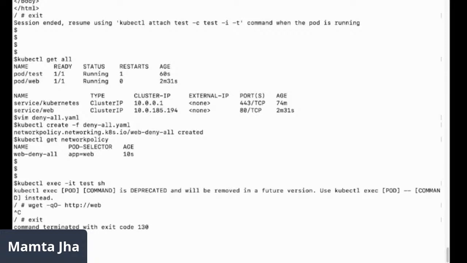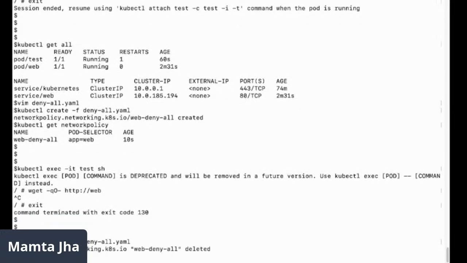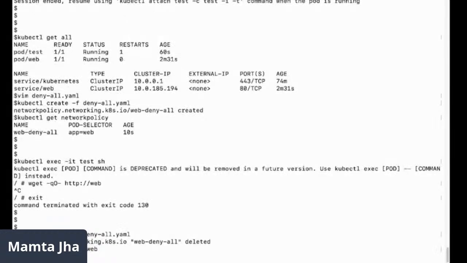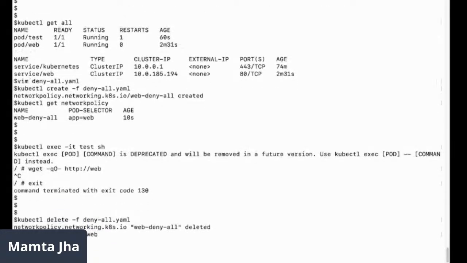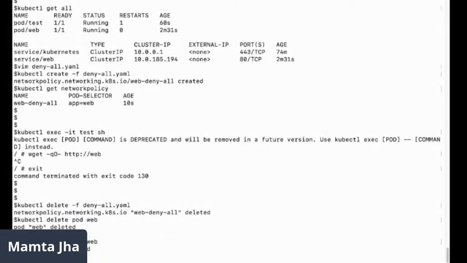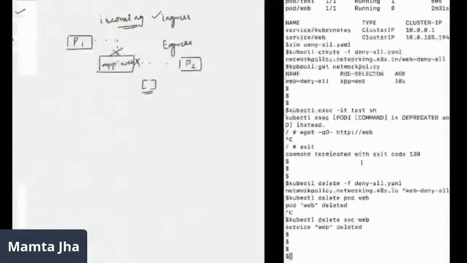We can go ahead and enhance that same pod with a few other specifications, or I have created a few dummy files which I would be executing and showing. So I'll go ahead and delete this policy, and I'll delete the pod as well. kubectl delete pod web, and I'll delete the service also, service web. We will create the resources once again, and we would be creating a little bit more complicated policies.